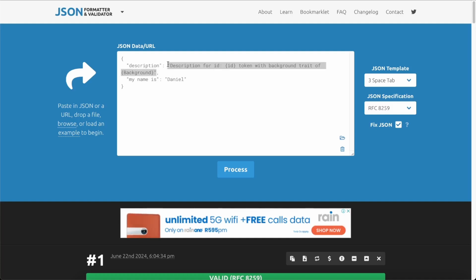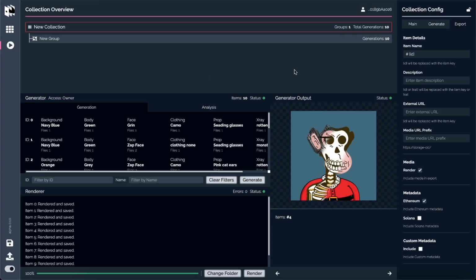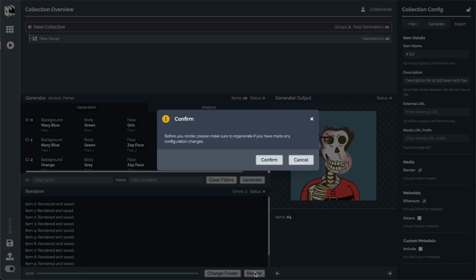Here I'm actually going to grab this description and you can see that we say description for ID, curly brackets, ID in the middle. This will be replaced. Token with background trait of, and then I pass in background, that key that I spoke about. So I'm going to copy this and head over back to my app. And then in the description, I'm just going to put that in there. So now if I go ahead and render,